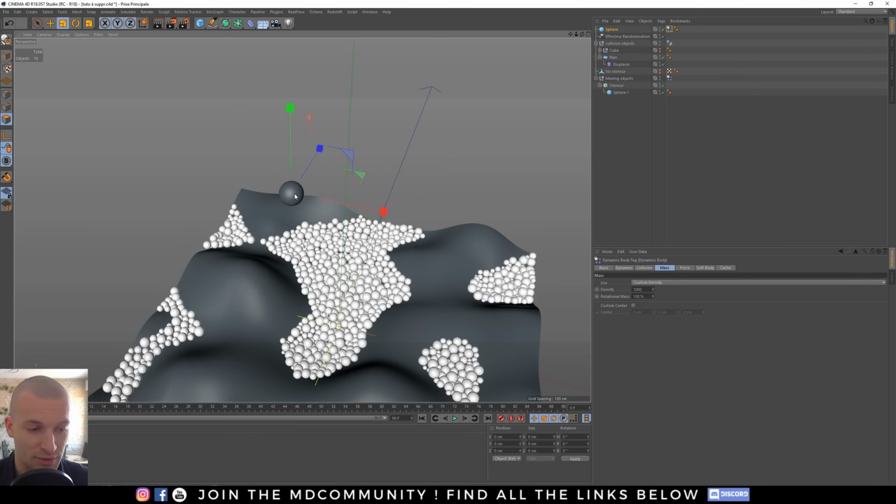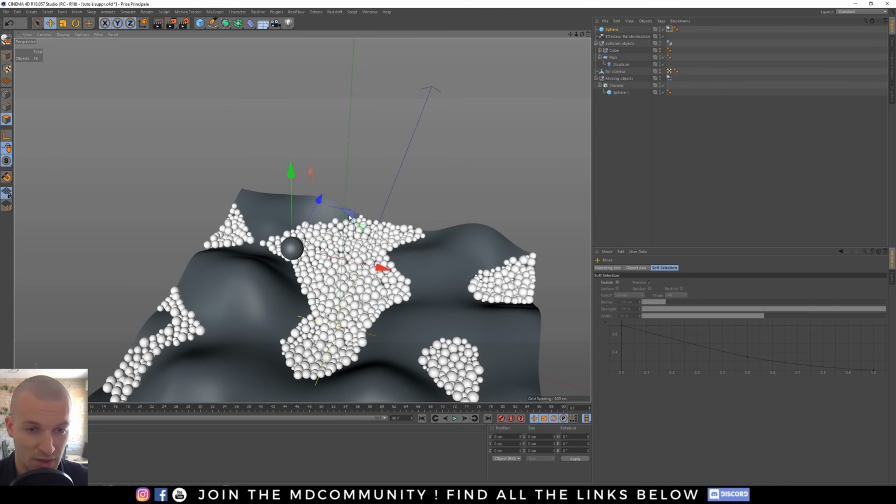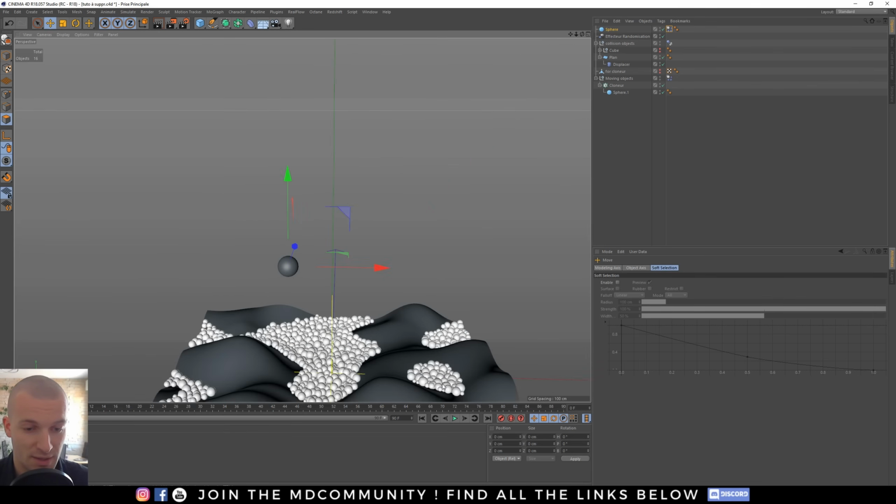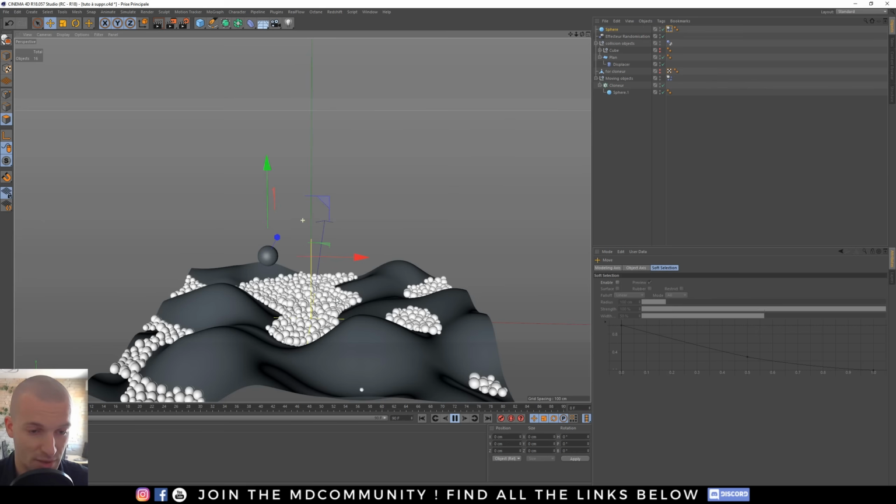When you want to move an object with a simulation tag on it, you always have to go back to frame 0. Now I can move my object and restart my simulation.